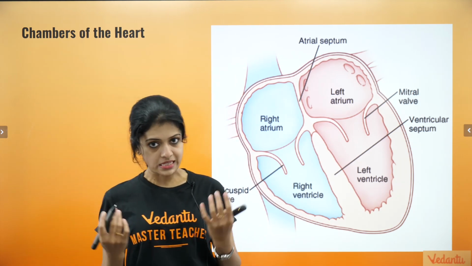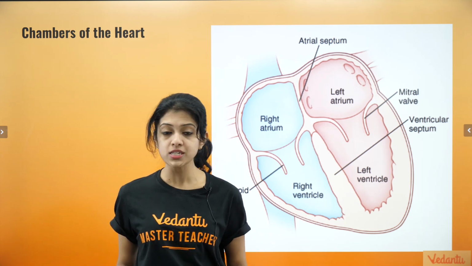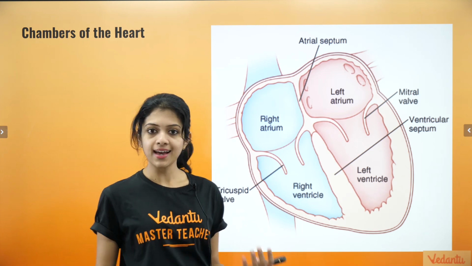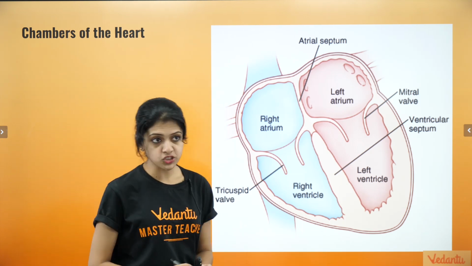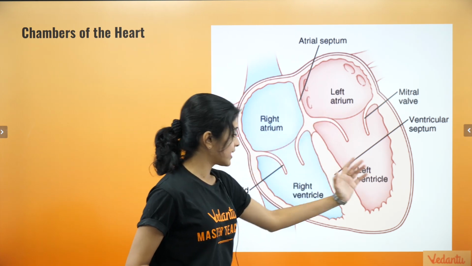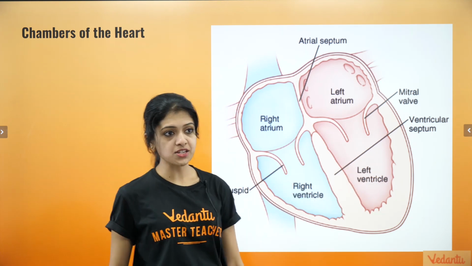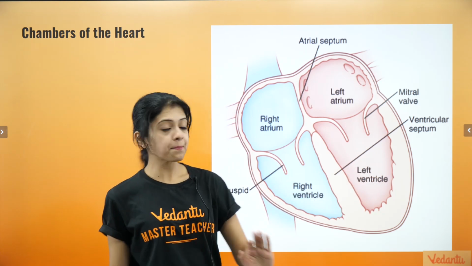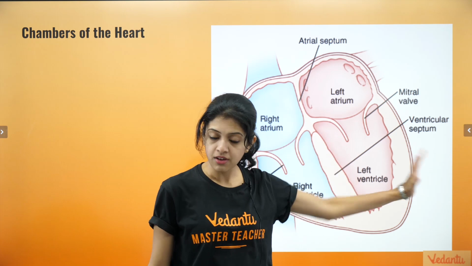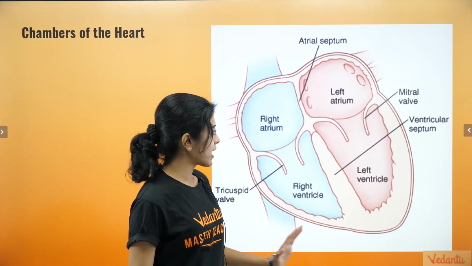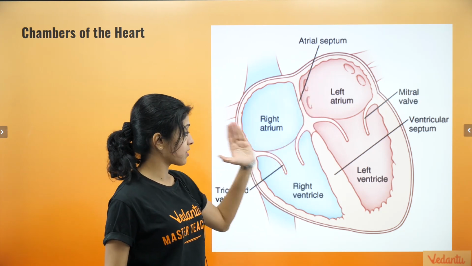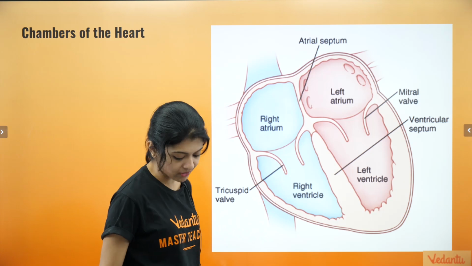All of you have told me it's a four-chambered heart in the case of humans, of course. Birds and all mammals have a four-chambered heart like us. Okay, so what are these chambers? We have the left atrium, the right atrium, the left ventricle, and the right ventricle. Okay, for the time being, forget the tricuspid valve and the mitral valve. We will be discussing that very soon in the next few minutes. For now, just look at the chambers of the heart. The left atrium, right atrium, left ventricle, and the right ventricle.